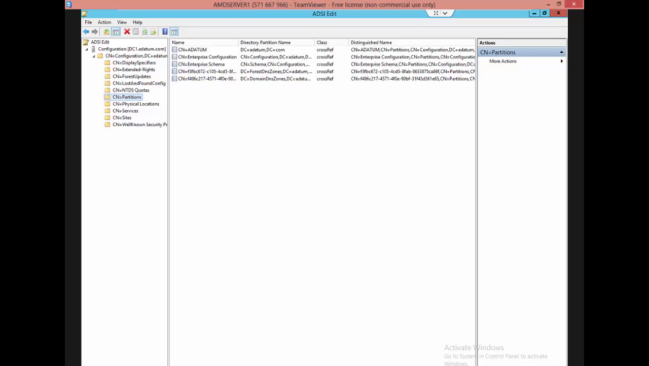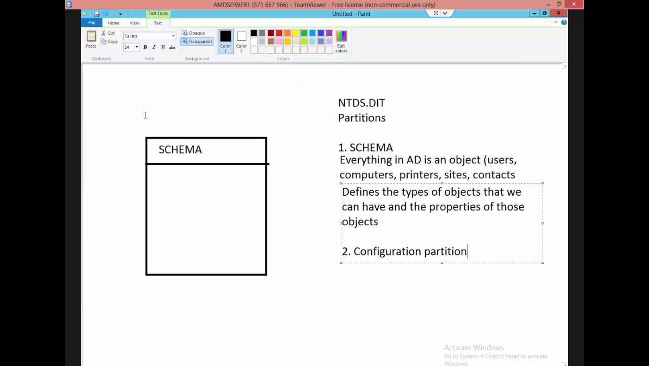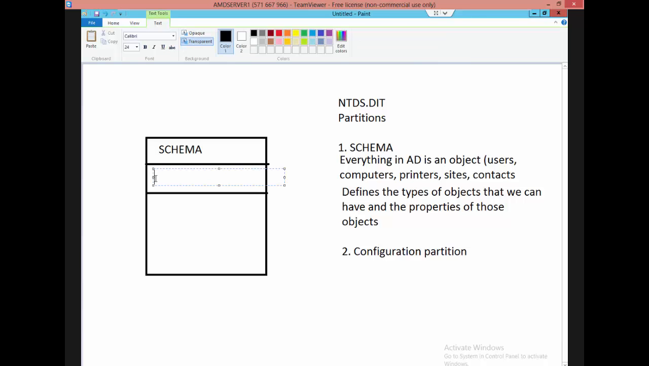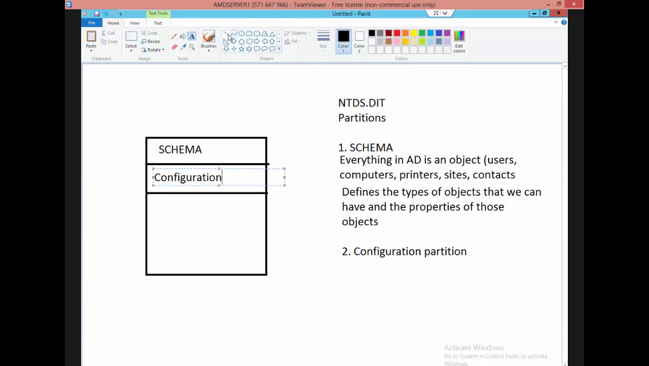Because here's the thing. Let's go back to our map, back to home. One of the things is we don't want you to be afraid whenever you hear ntds.dit, schema or anything like that again, because you know exactly what's going on. So you have schema, we have configuration here. The next thing that we said we'll have is another one called